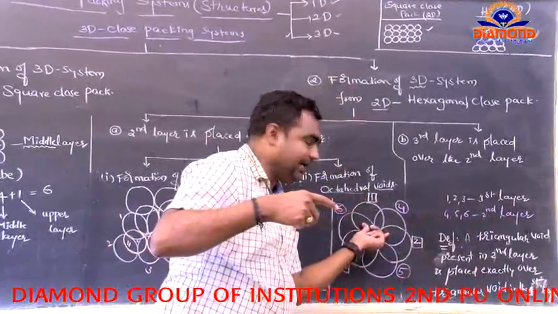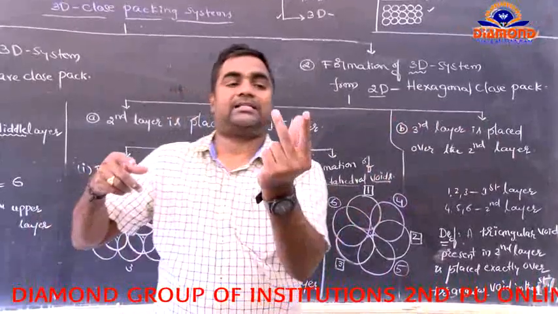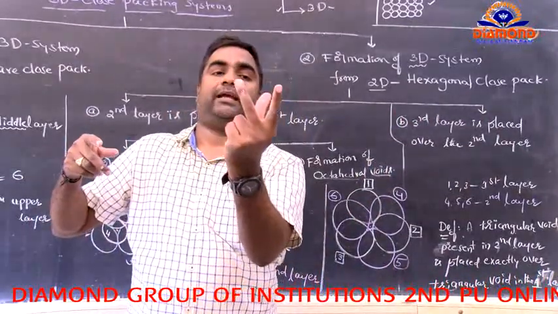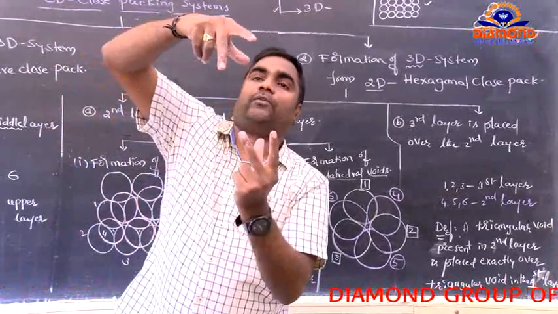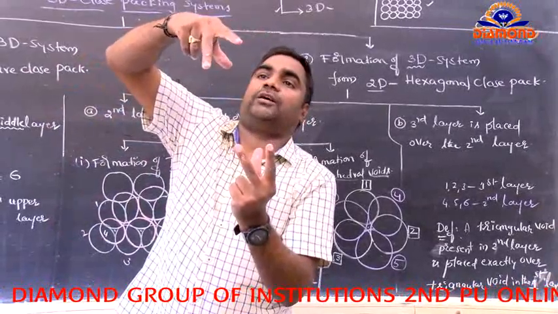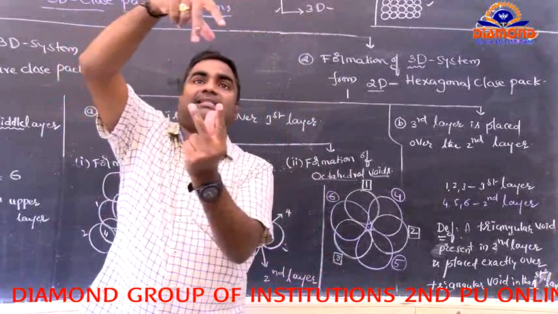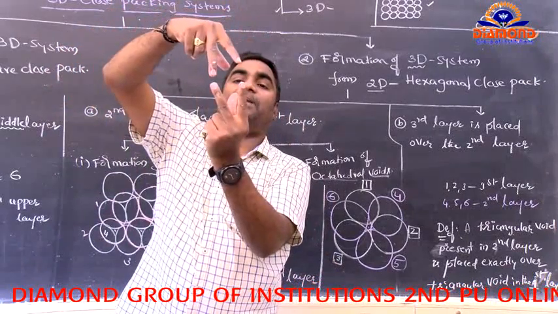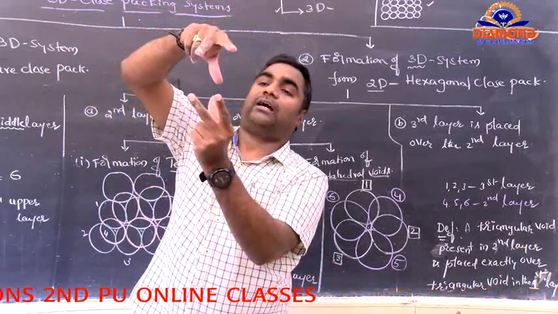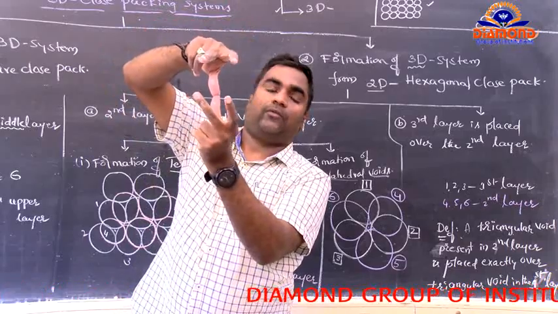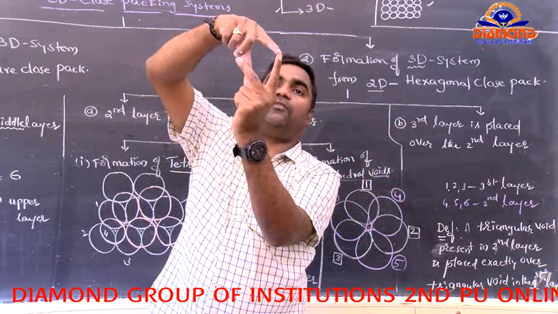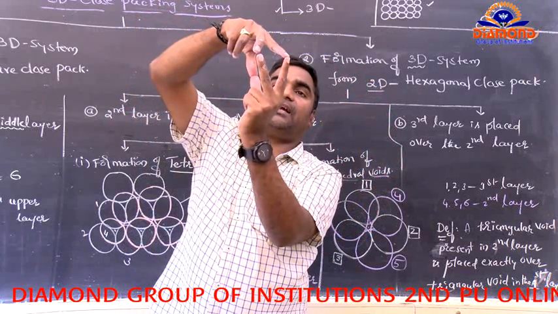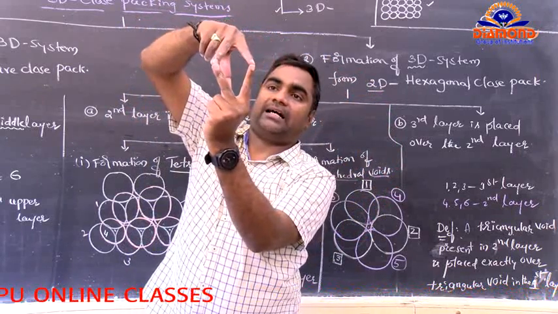Now let's check this once. So consider this 1, 2, 3. They belong to the first layer only. Now 4, 5, 6 belong to the second layer. So first layer, second layer. Now I have to place 4 over 1, and 5 over 2, 3 का ऊपर 6. Now here is the arrangement.